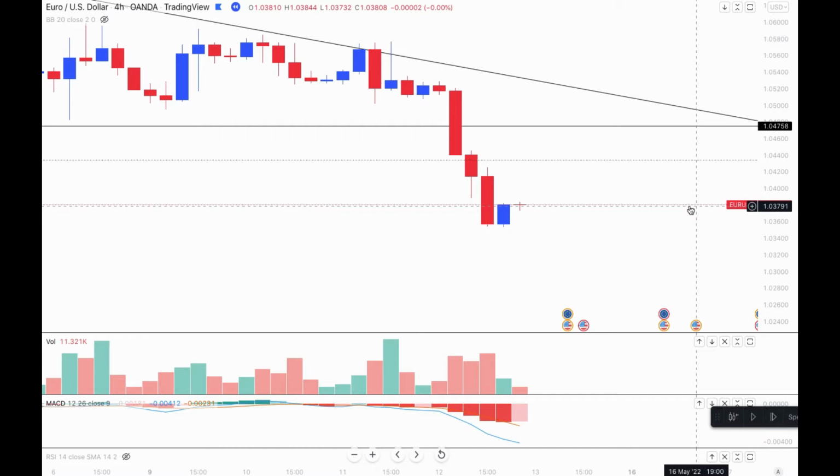Today, I would just like to backtest an order block position that I was in yesterday and show you how I found it. I know that some of you may be a little bit unsure or uncertain as to how we find these order block setups. So I want to try and make it as clear as possible to help you guys understand how I trade my order block setups. So we are on the Euro USD